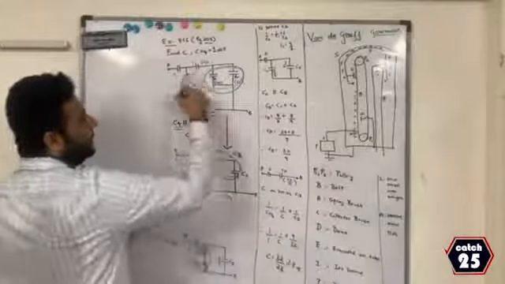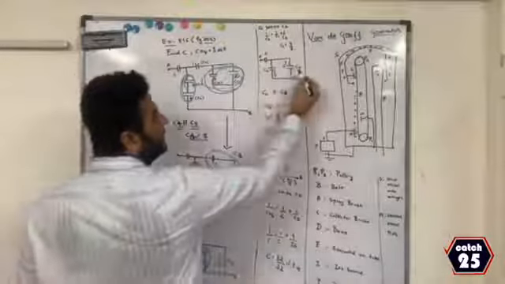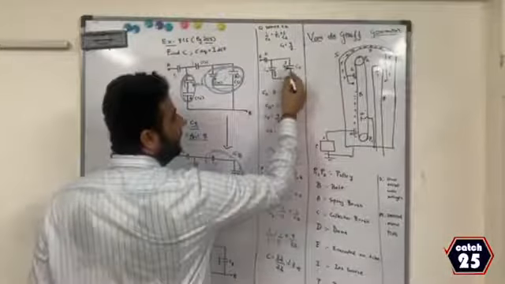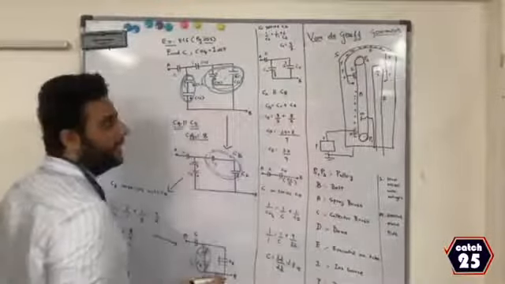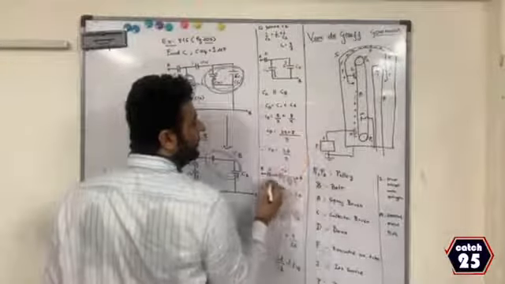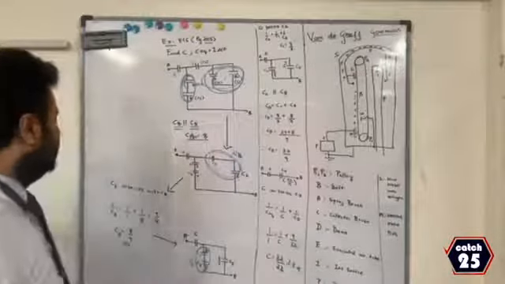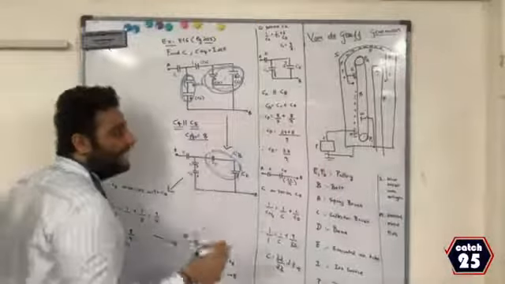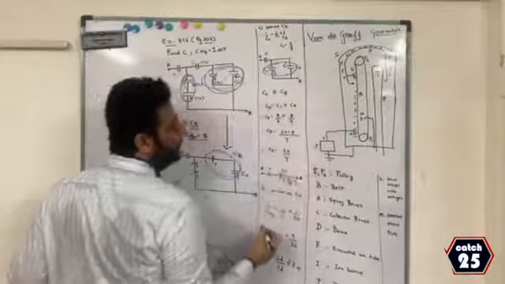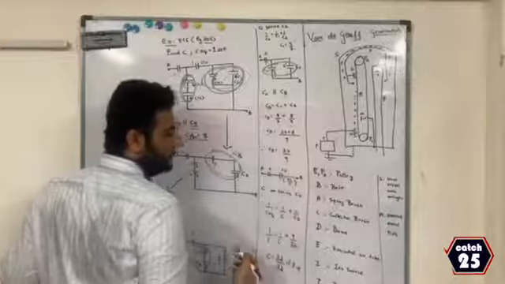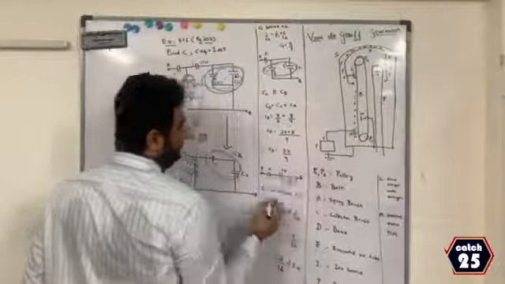Now this and this are in parallel again. Therefore, CC and CB are in parallel again. Let me name it as CD. It's direct addition since they are in parallel: 8 by 3 plus 8 by 9. Therefore, CD is equal to 24 plus 8 by 9, so the equivalent capacitance between them is 32 by 9. If I draw the equivalent circuit now, instead of these two, I can just write 32 by 9, with C as it is, and A and B as they are. Now, coming to the last part of the question, I know the equivalent capacitance between A and B is C equivalent.